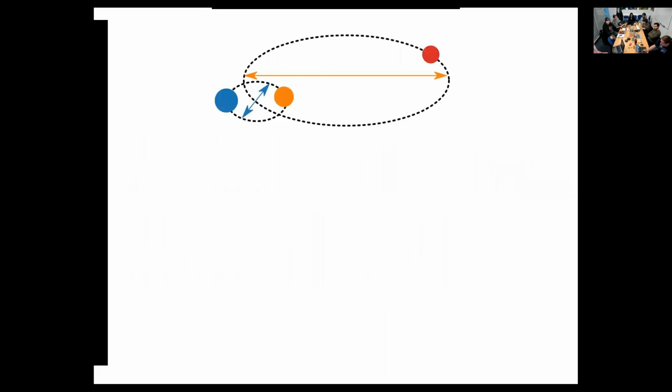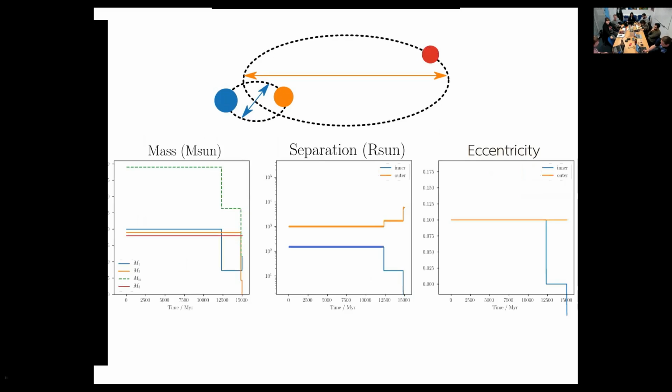So here's a diagram of a hierarchical triple, and then with just this very, very simple initial configuration of binary C, you can get some evolution that looks like this. So on the left, we have the mass of the 3 stars, and in the center, we have the separation and the eccentricity on the right. And this has been evolved for 15 gigayears. And you can see